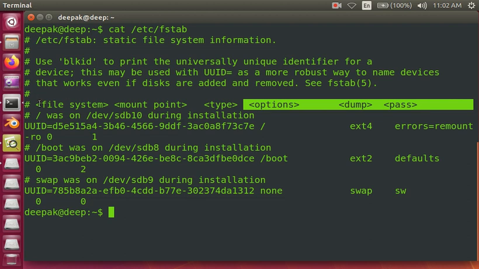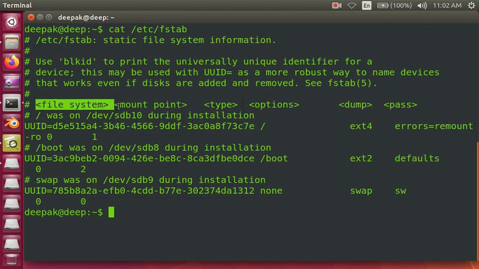Our concern is the file system, mount point and its type. So here I have a root file system, mounted from /dev/sdb10.